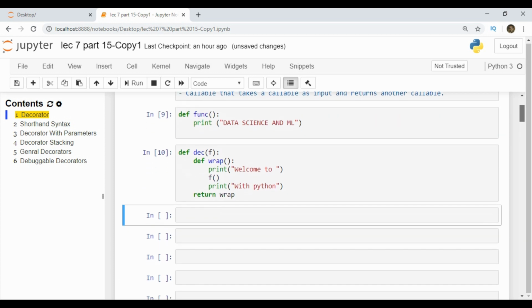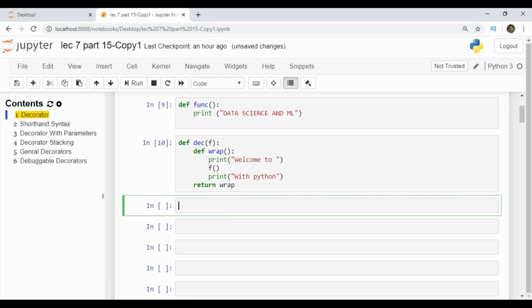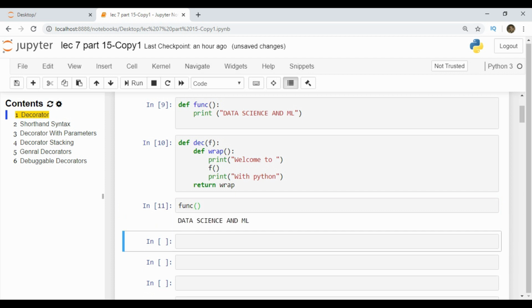Let's check the functionality of the normal function when it runs, func. If it runs, it gives as output data science and machine learning. When we give it to the decorator, it returns a new function. This is an object which is received, therefore it is to be stored in a new object. new is equal to, we call the decorator, the name of the decorator is dec.